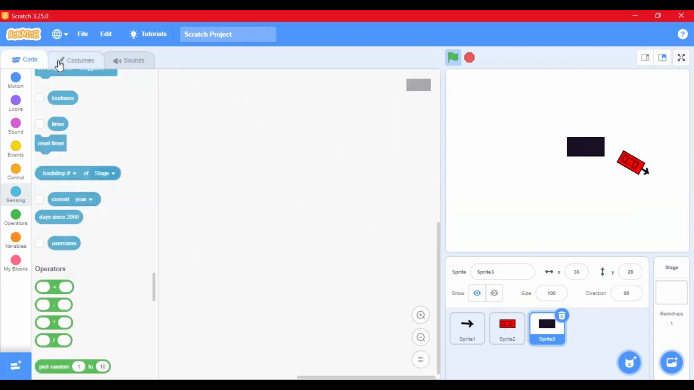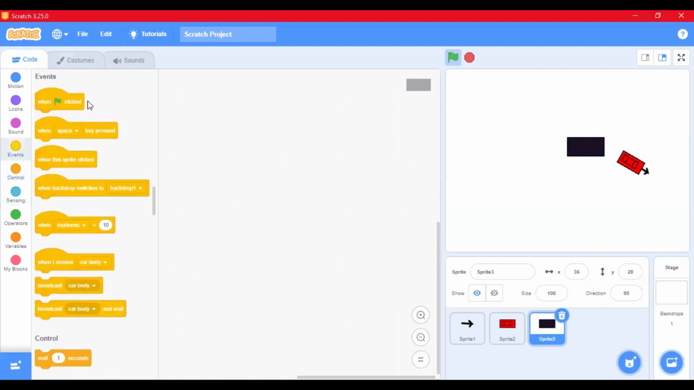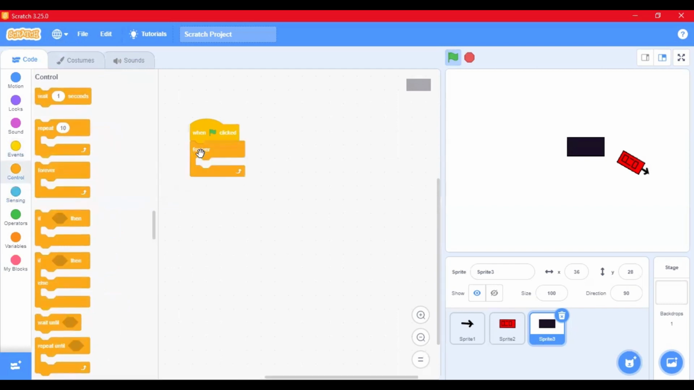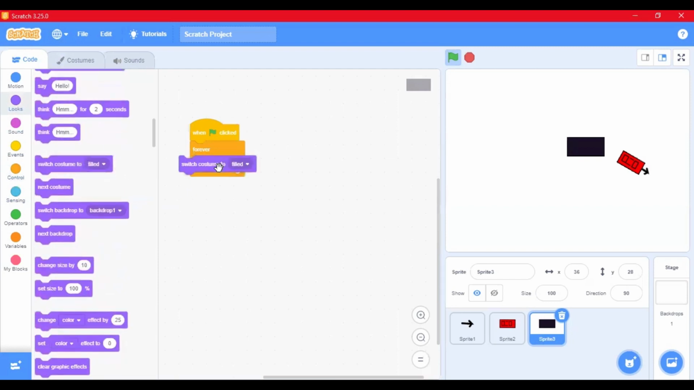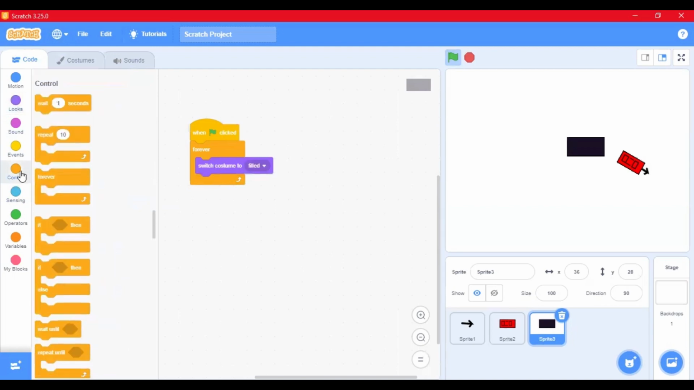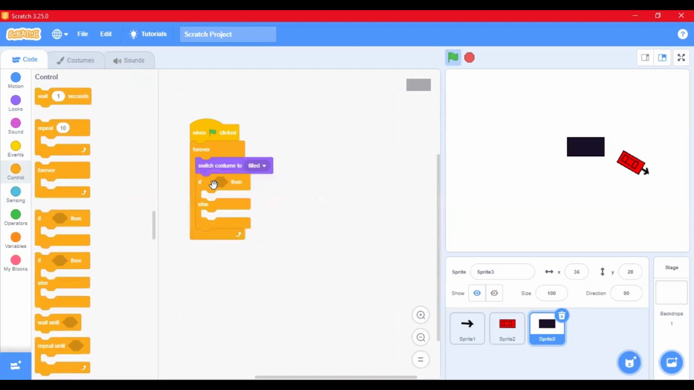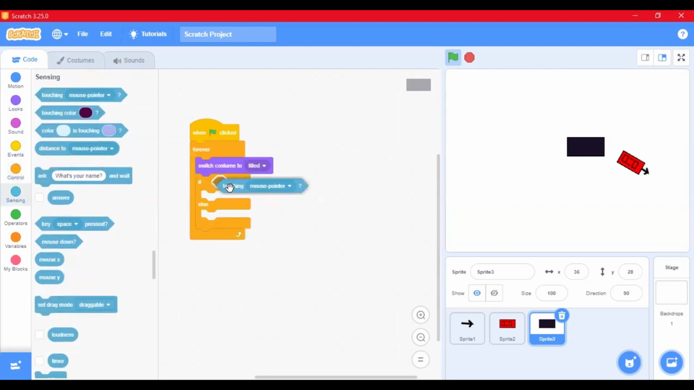So the next thing that we do is, when green flag clicked, in a forever loop, we go to forever loop and in the forever loop, switch costume to filled. Then what we have to do is take an if else statement and go to sensing, if touching car, if it's touching car which is sprite 2, then what we have to do is say, we go to looks,